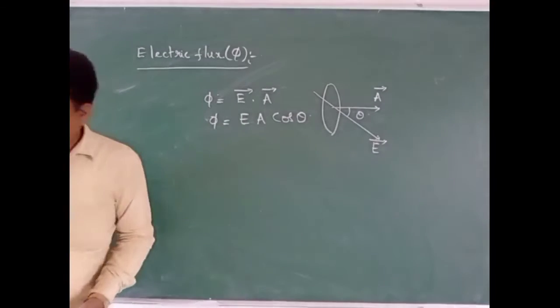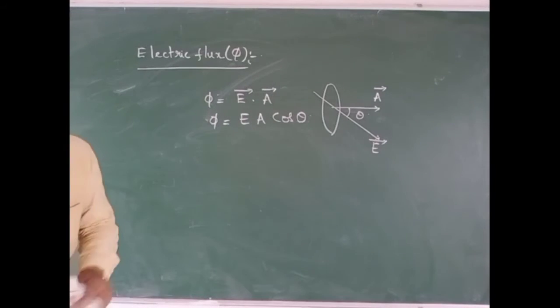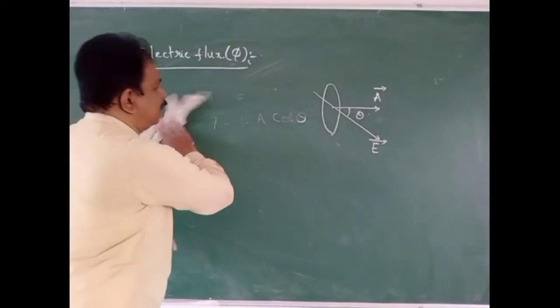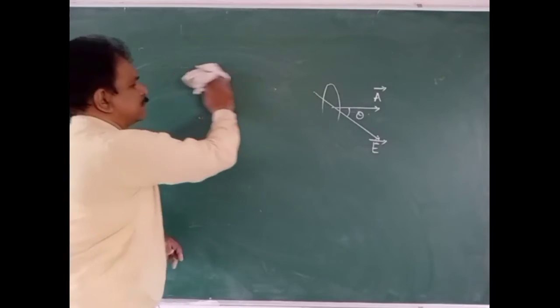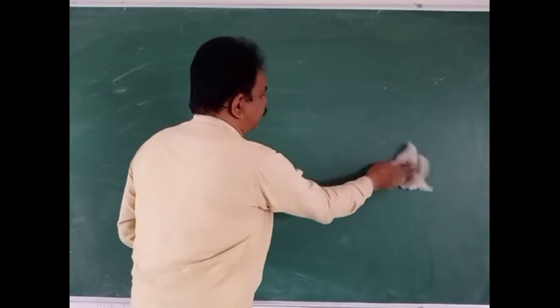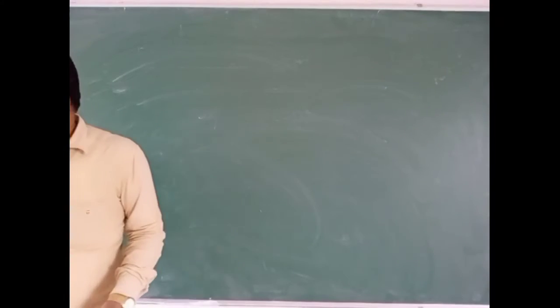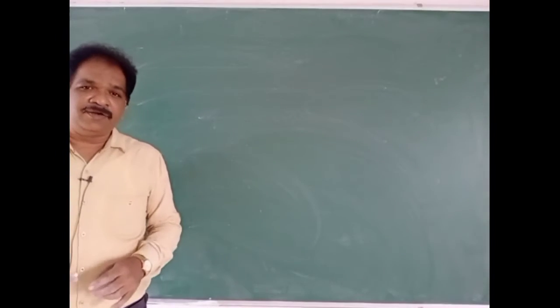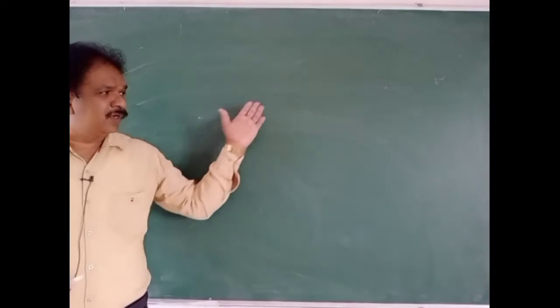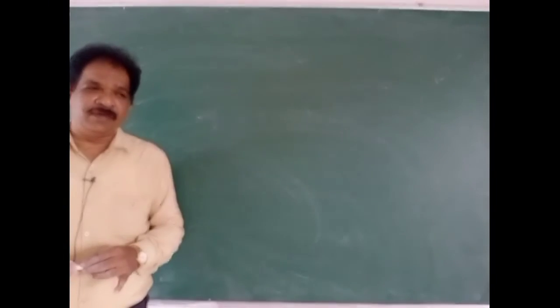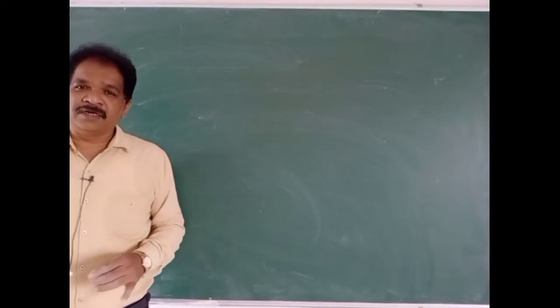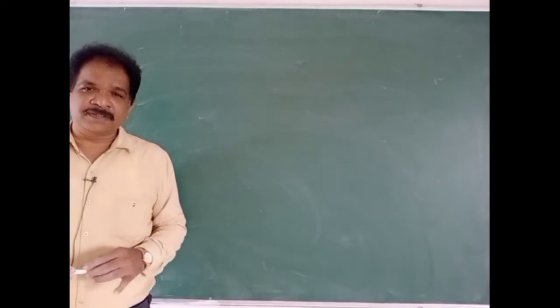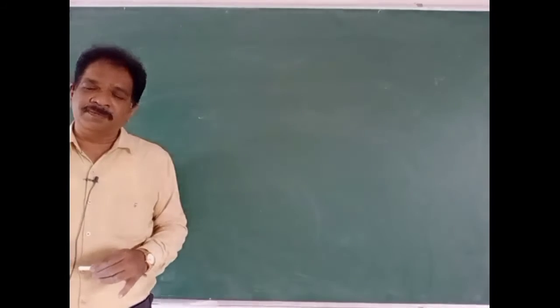So next, after finishing this, now Gauss theorem we will discuss, and applications of the Gauss theorem we will discuss. With that, this chapter's synopsis will be over. We'll try to finish in 5 lectures, meaning 2.5 lectures. If we calculate 5 to 6 hours, that is enough for the synopsis. Next we will do the problems in that.